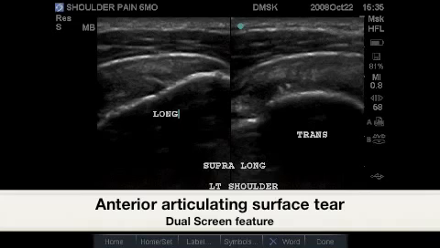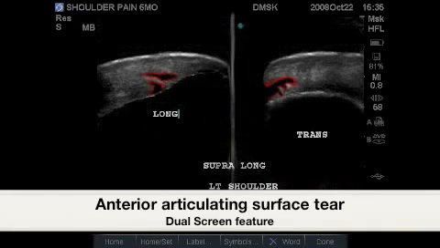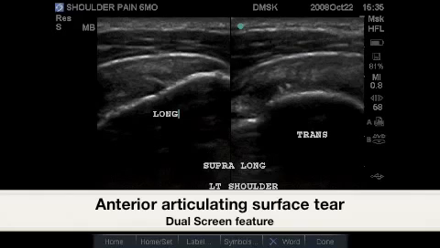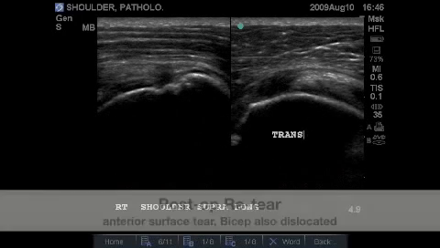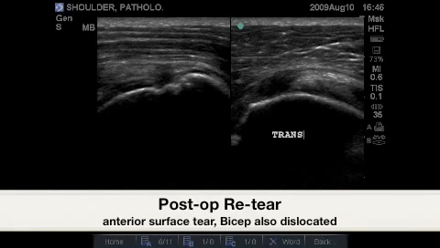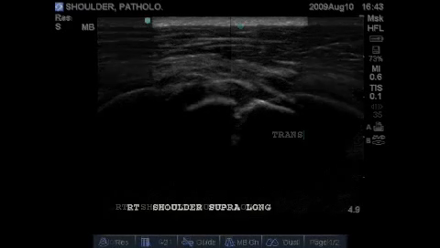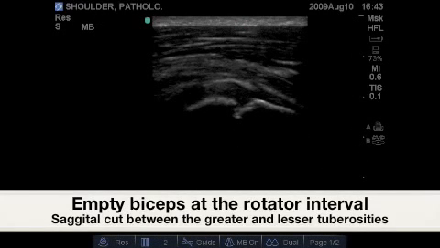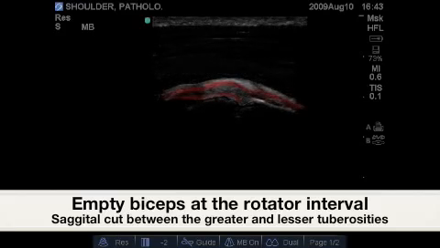Here we have anterior articular surface tearing demonstrating volume loss as hypoechoic absence of tendon fibers. Here we have postoperative re-tear of the anterior supraspinatus tendon. Locating the exact site of this tear is difficult as the bicep tendon is not in its normally situated bicipital